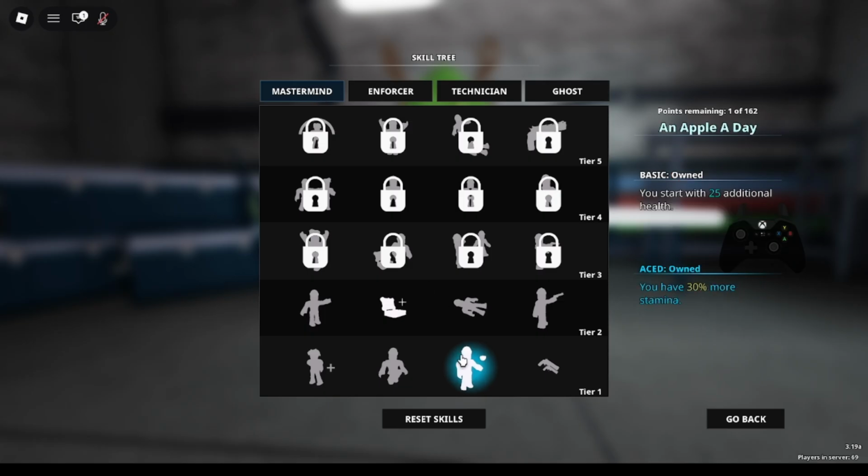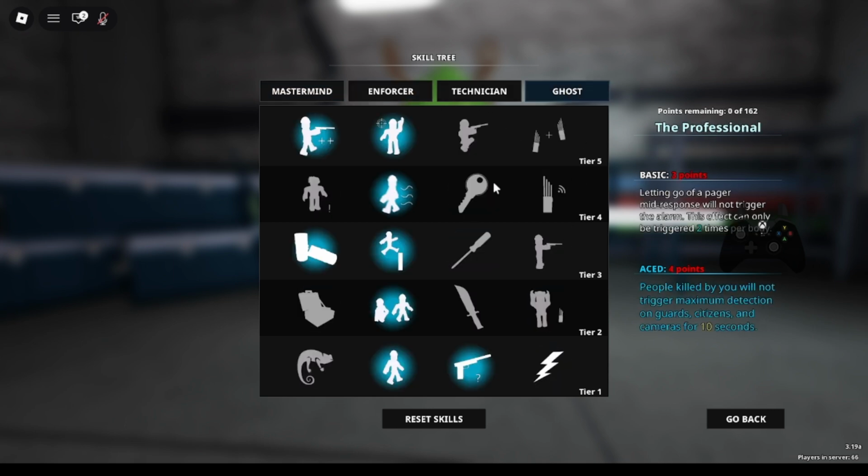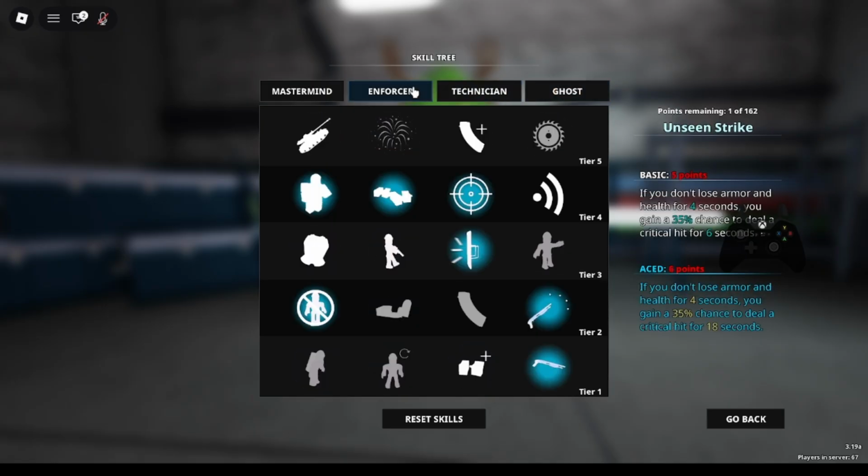Over here in Mastermind, I've got Apple Day aced and Extra Supplies basic. I'd rather have more, but I needed as much damage as possible to make this build as perfect as I wanted. So, I kinda had to eco here on Mastermind. I really would rather have at least Extra Supplies aced, and I might be able to get rid of something to get that, but honestly, I don't know what I could get rid of. I have 1 point remaining, so